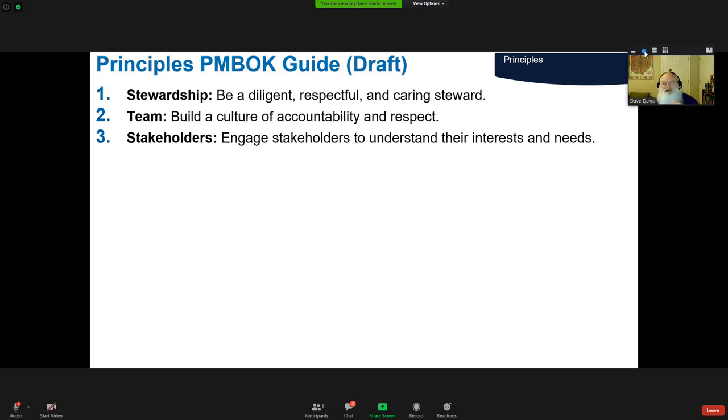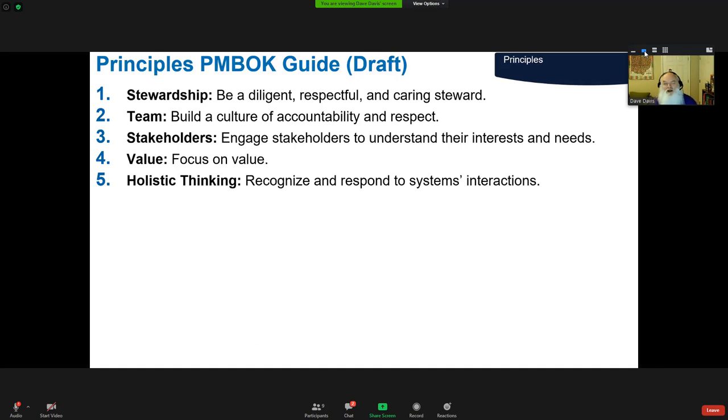Stakeholders by name probably aren't going to be that different than traditional project management. However, the level of involvement and the oscillating in and out of different components of our projects will probably change as we go forward with the stakeholders. Value, we've already talked about that, so we focus on value. Holistic thinking, system thinking, but looking that it's not just an individual silo that we're working on, that we're part of a complex integrated system of applications, people, networks, security requirements, et cetera.